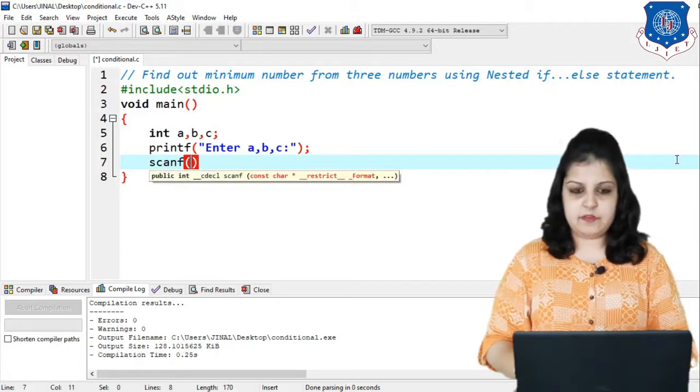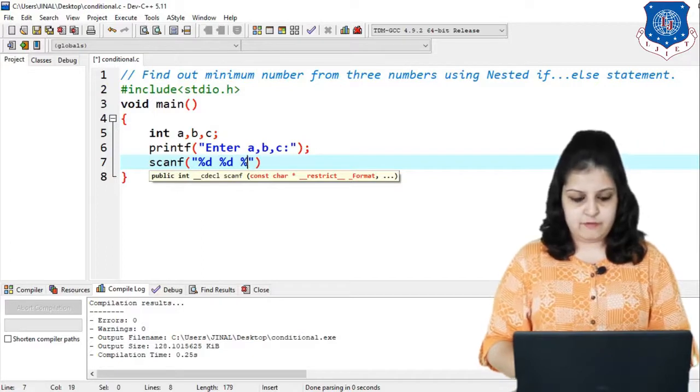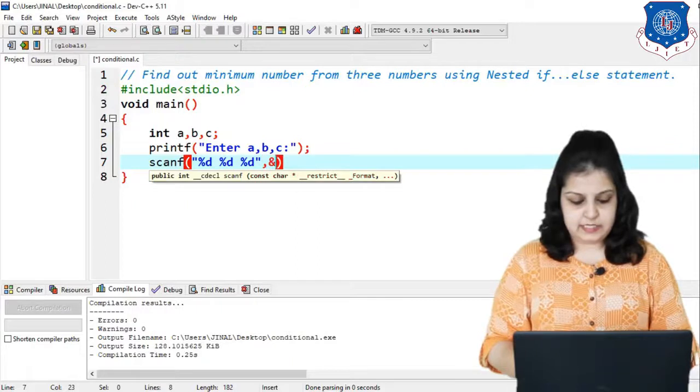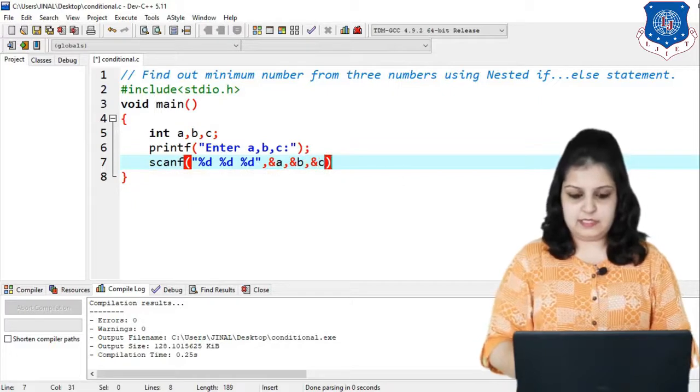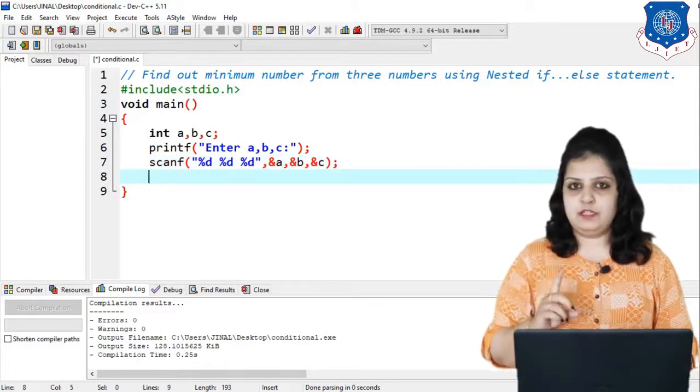In scanf write %d 3 times, first for A, second for B and third for C, and after the comma write the 3 variables &A, &B, &C.